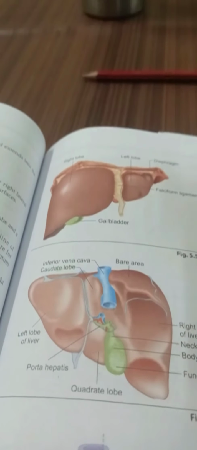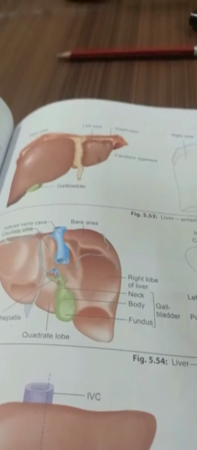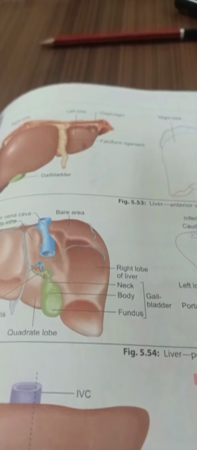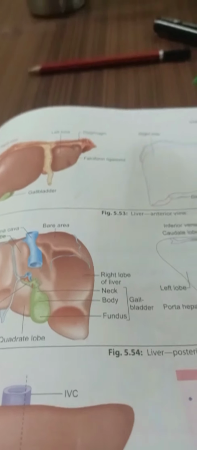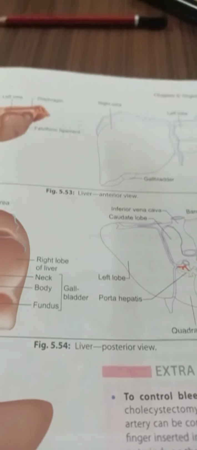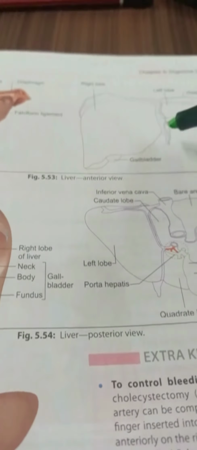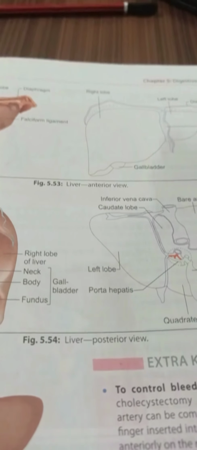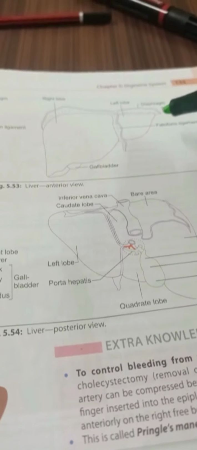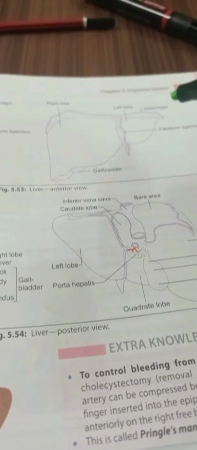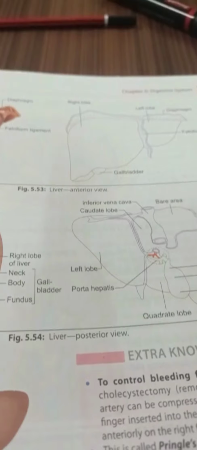Now there is the lesser omentum. The lesser omentum is a double fold of peritoneum that connects the lesser curvature of the stomach to the liver. तो ये stomach का जो lesser curvature है उसको उसके साथ connect करता है, ठीक है. So हमारे कितने ligament हो गए? We have four ligaments: the falciform ligament, then the coronary ligament, then the left triangular ligament, and the lesser omentum that is connected with the stomach, ठीक है. एक ऐसा ligament जो stomach के lesser curvature के साथ attached है. So we have the four peritoneal folds of the liver.